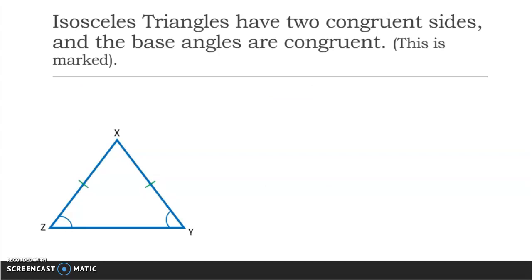Alright, here's a picture of an isosceles triangle. You guys know that isosceles triangles have two side lengths that are congruent. All isosceles triangles also have base angles that are congruent. This is a theorem that we haven't had a chance to prove, but it's already marked in the diagram for you. So right now this is only one triangle, so I'm not asking if we have any congruent triangles yet,